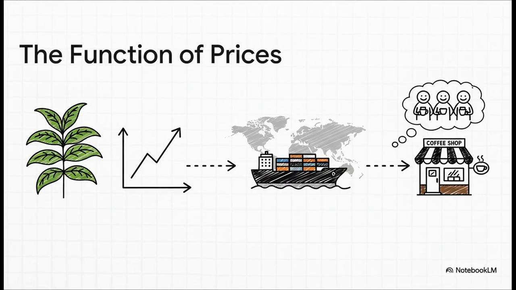So think about it this way. A rising price for coffee beans sends a signal to farmers in Colombia that people in Japan want more coffee. It tells entrepreneurs where to invest in new shipping routes. It allows a cafe owner in Paris to calculate whether she can afford to hire another barista. The price system coordinates this unbelievably intricate global dance of cooperation, and it does it peacefully and voluntarily, without anyone having to be in charge.